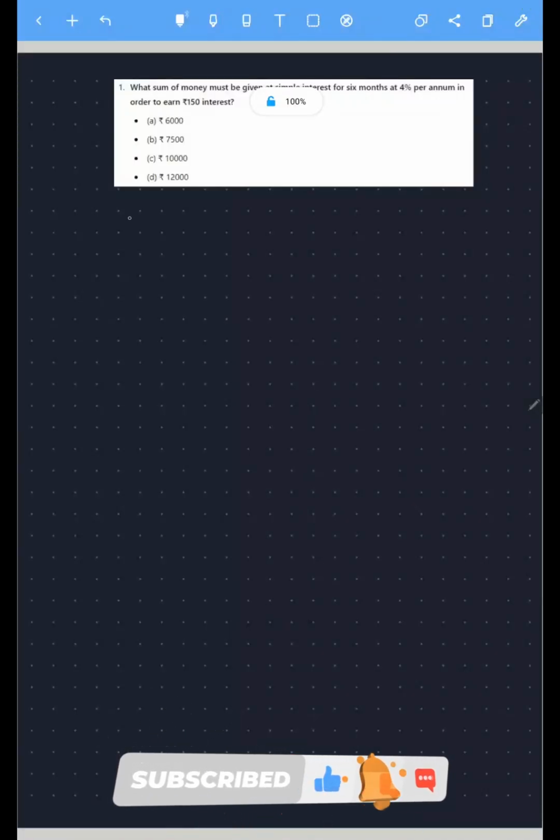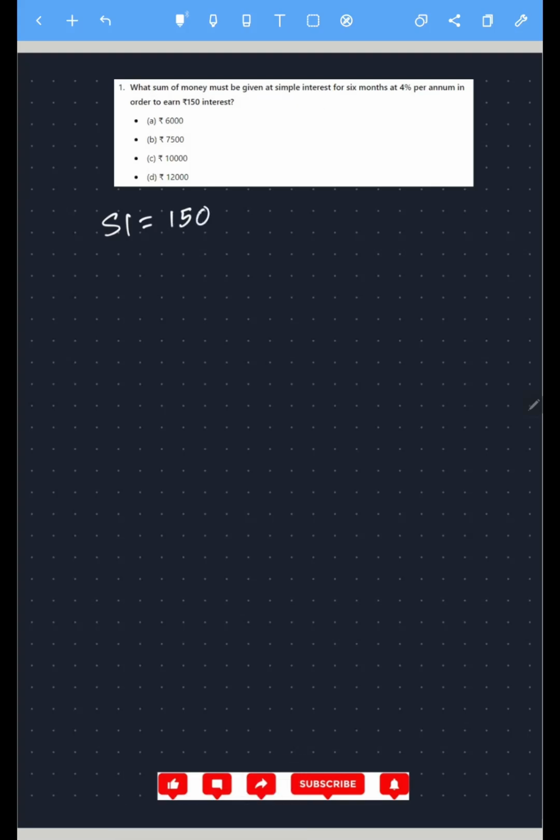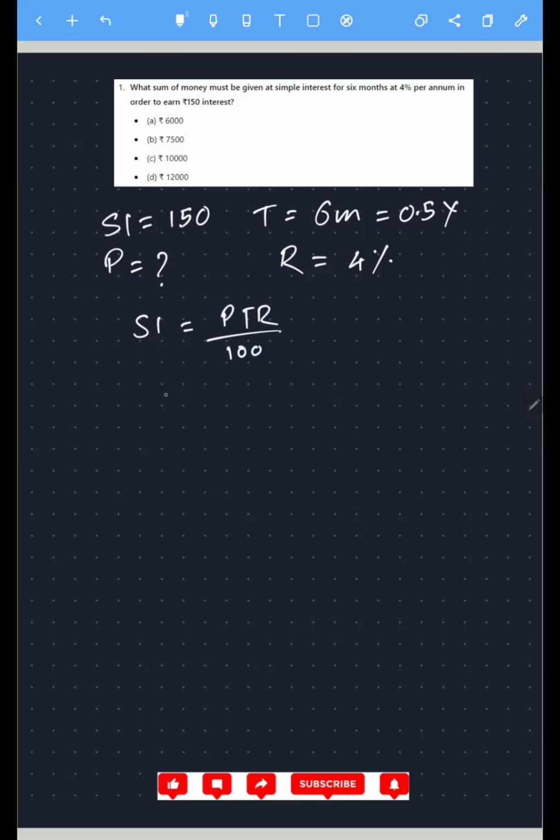So what's given in this question is simple interest is equal to 150, time is equal to 6 months, that is nothing but 0.5 years. Rate of interest is 4% and the principal is what we have to find out. So SI equals PTR upon 100, that is nothing but SI is 150. PTR, the P is still there, then you have into 0.5 into 4, that is rate of interest, and then we have